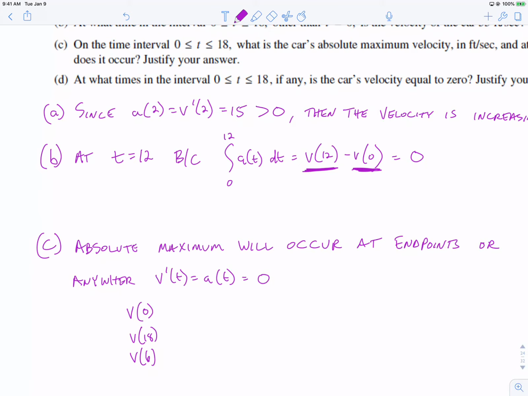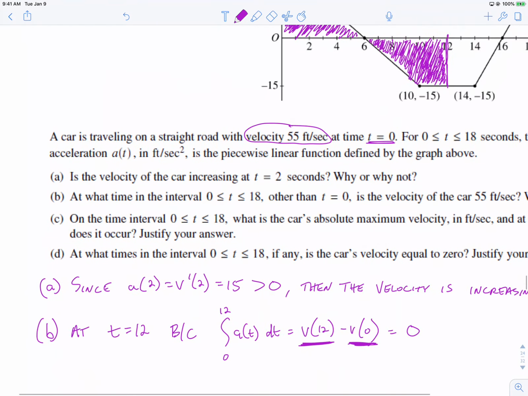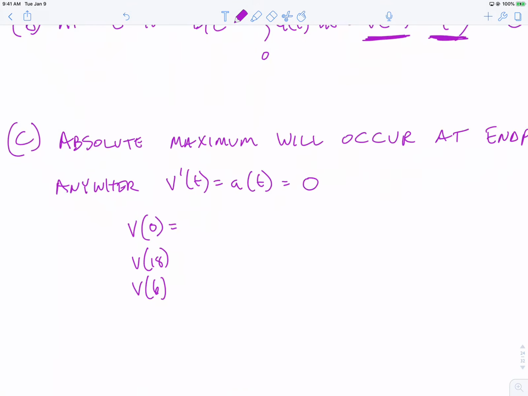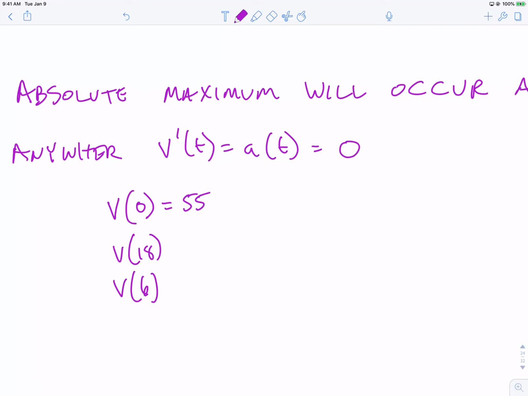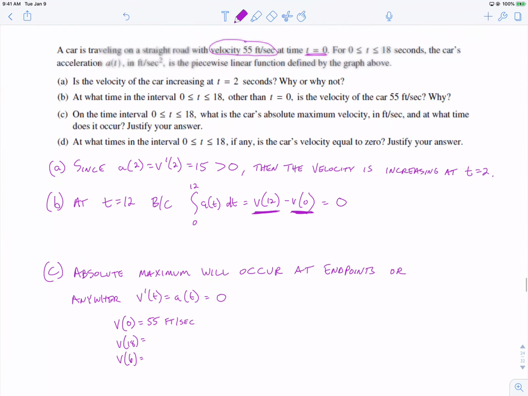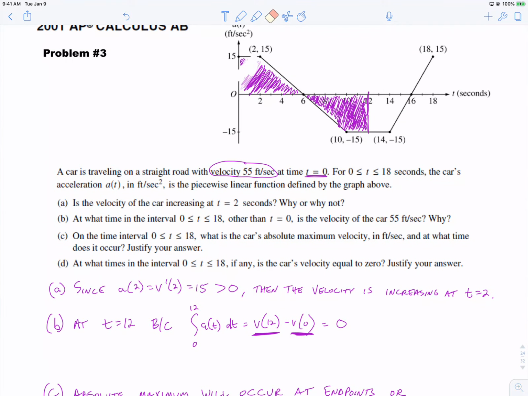Well, we know our initial velocity at 0, they gave it to us in the problem: it's 55 feet per second. Now we need our other velocities, and we want the absolute maximum. Velocity at 18 will be out because